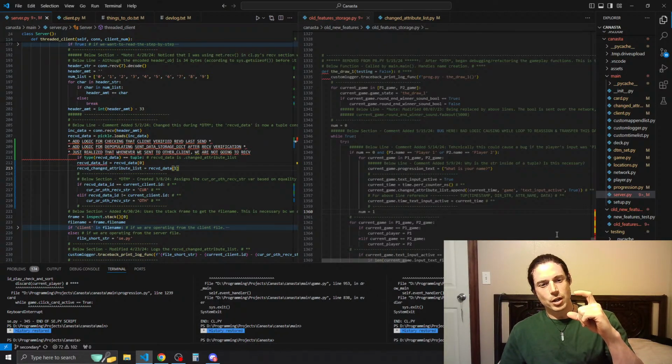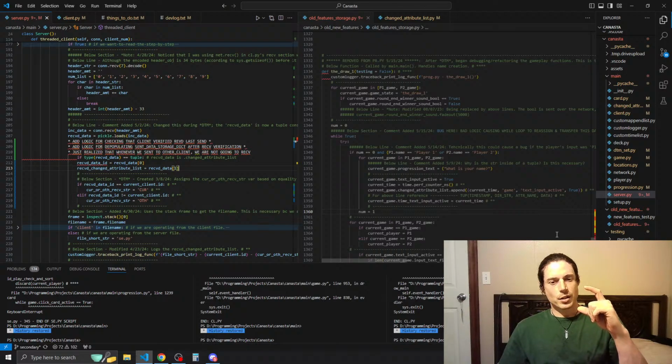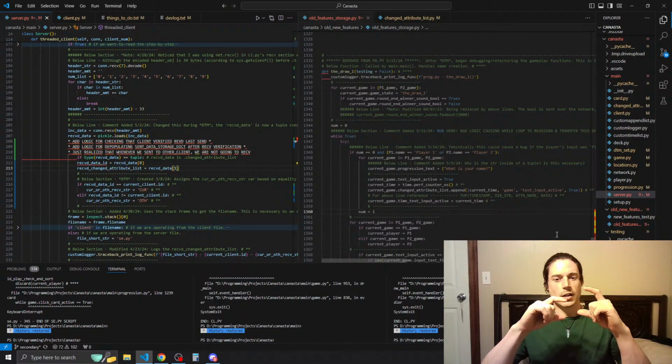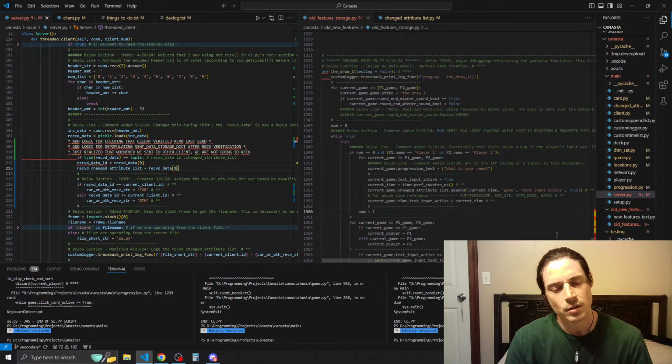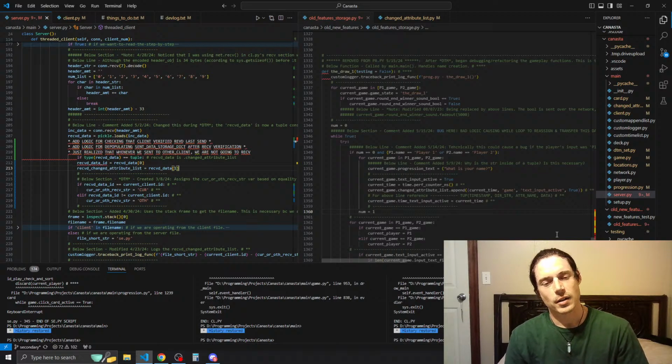If each thread is associated with each socket, then that would mean that on the client side there's a one-to-one attachment, which means whenever they send data back from client one, it's going to go through that client one socket. If it's client two, it's going to go through that client two socket. Which would mean that